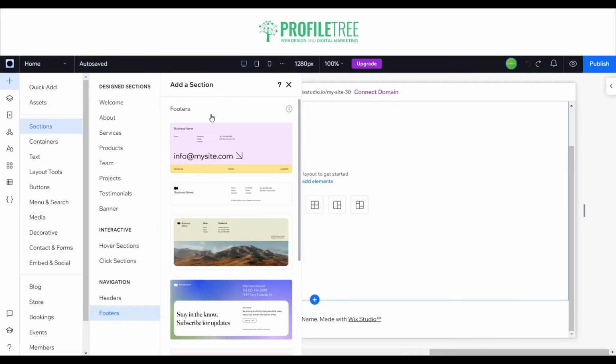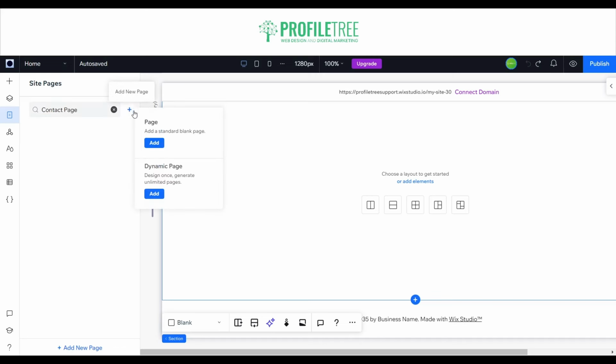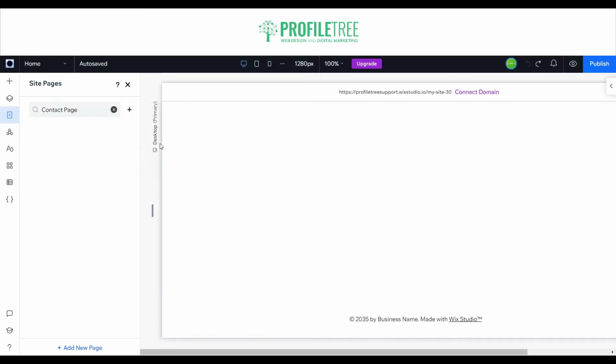So they do have the contact page there. We'll have a look at their pages on this one. So we'll take a look at the contact page, see if we can, or we might have to add one in. Let's have a look at some of the pages. They do have a dynamic page, which is great. So dynamic pages means that you create one page and it's more or less going to look the same. But anyway,